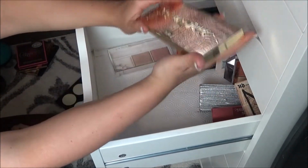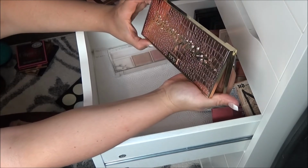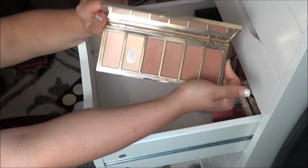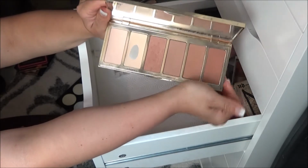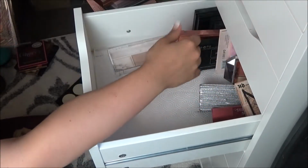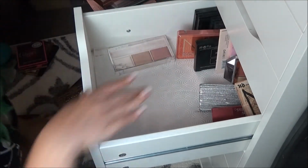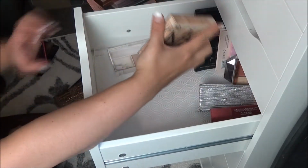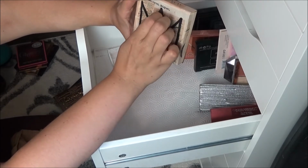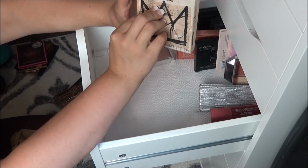Ooh, this was a favorite. This is the Park Avenue Princess palette by Tarte. This was such a favorite. As you can see, I'm keeping this for sure. See, I forget that some of these things exist because they're so far back in here. Oh, this is an oldie but a goodie. This literally has a sticker on it for...